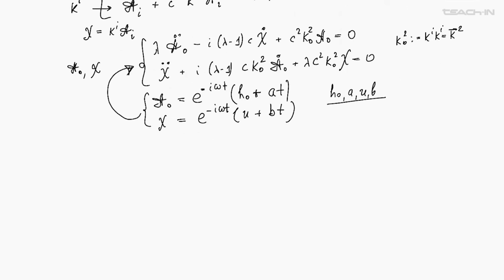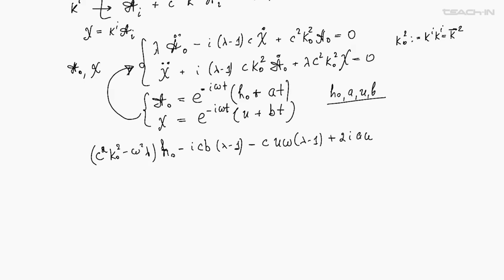C squared k0 squared minus omega squared lambda multiply by h0 minus ICB lambda minus 1 minus c u omega lambda minus 1 plus 2ia omega lambda. This is a one part plus t-dependent part. C squared k squared 0a minus cb omega lambda minus 1 minus a omega squared lambda is equal to 0. That's the first equation. And the second equation is